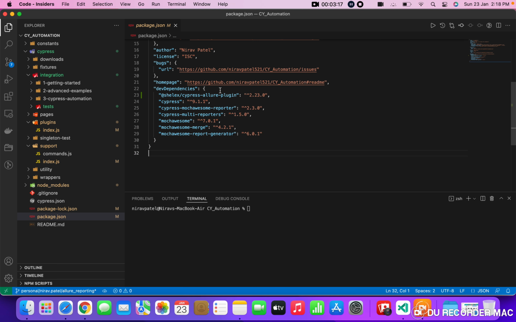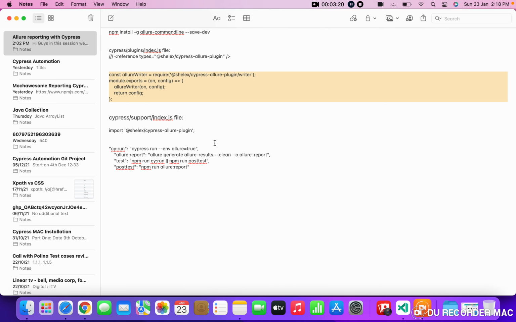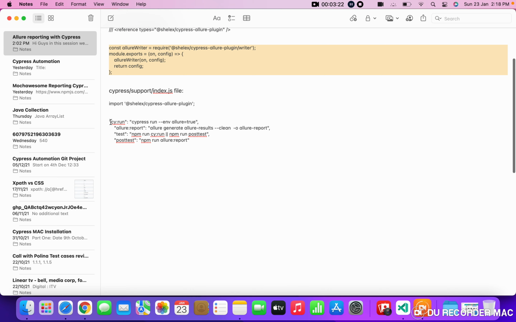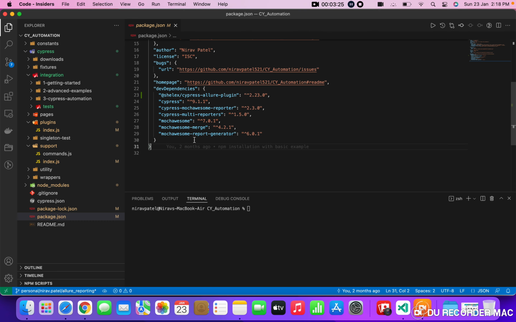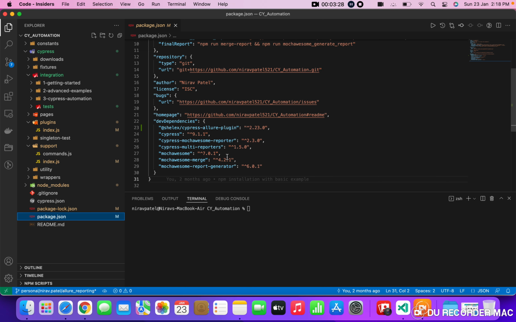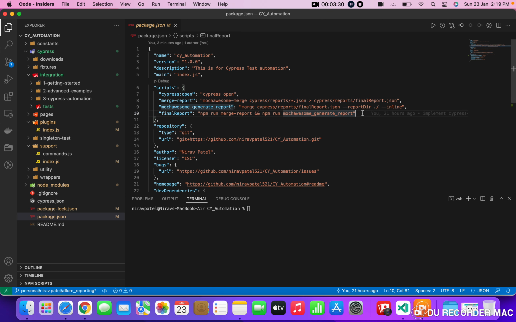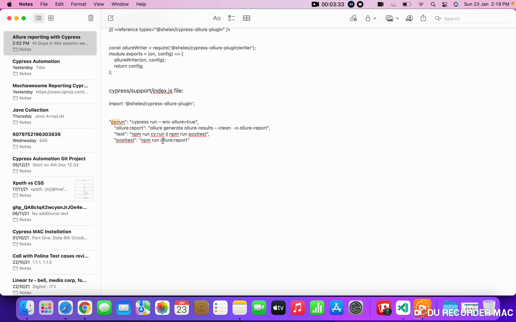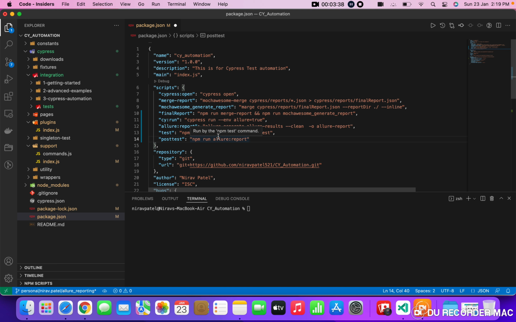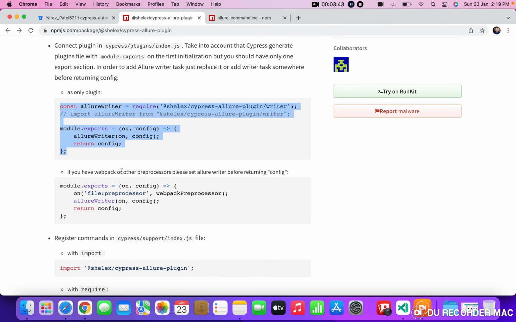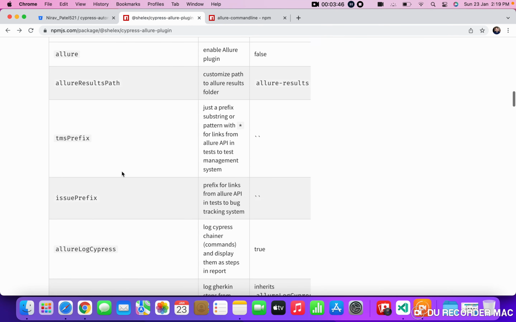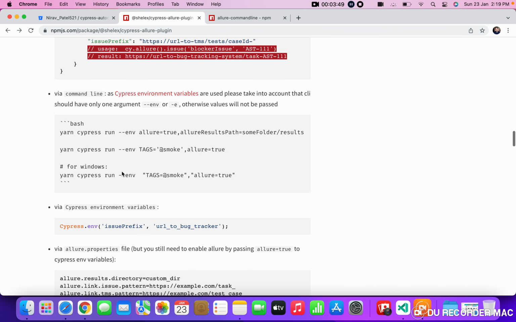So we made a change for these three, and then lastly we need to set up a script inside the package.json. So let me open this package.json. So this is open here. Let me import that script and I will explain later what exactly we are going to do here. So copy this and cy:run. Okay, so I made changes to the script over here, and you can also see there is a configuration on this page as well. To run using Cypress Allure we need to pass the environment variable allure equal to true.